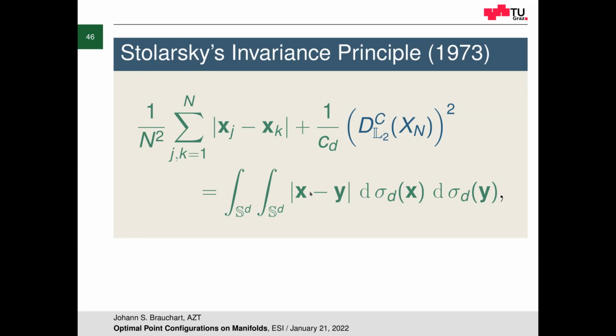And well, the approach here is to use the Stolarsky invariance principle, express the L2 discrepancy in terms of the sum of distances, expand the sum of distances in terms of Weyl sums, and then use the correspondence between numerical integration errors and Weyl sums I had written up before, and then use suitable bounds or even sharp asymptotics for the numerical integration errors,